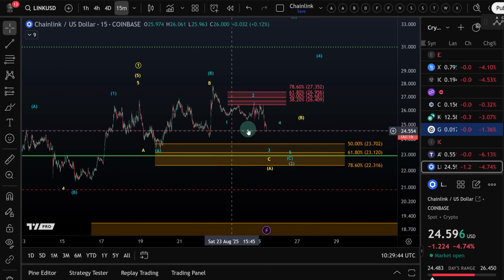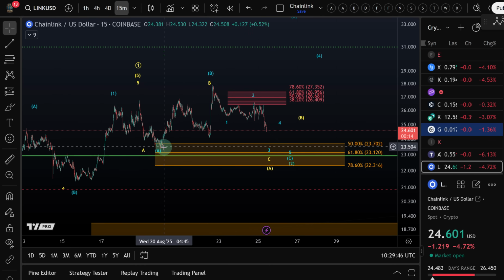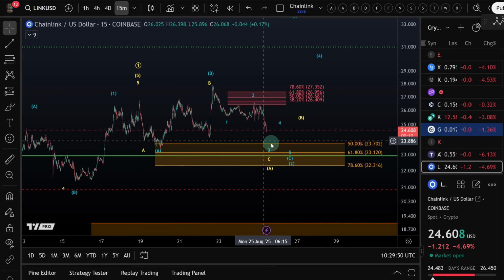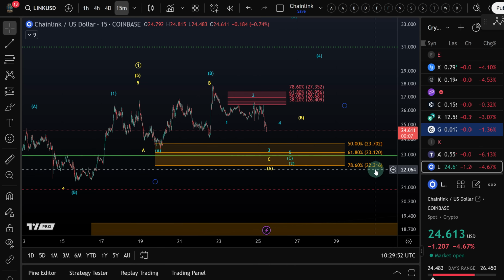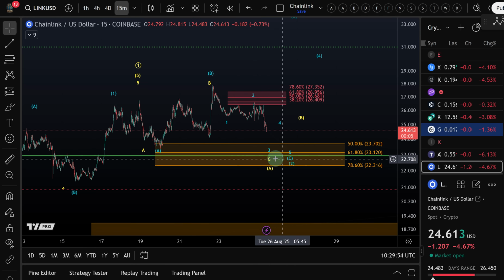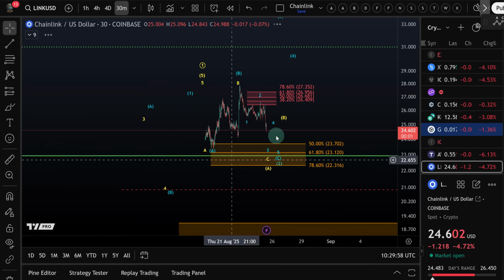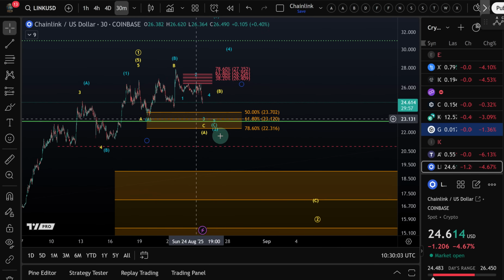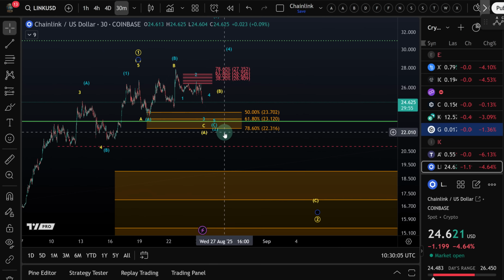The next key support zone, I already mentioned structural support levels, but the next support zone here is between $22.31 and $23.70. Please note this is really only on the nano level, very, very small time frames. To stay up to date there, feel free to join our membership. This is really only a snapshot I can give you.